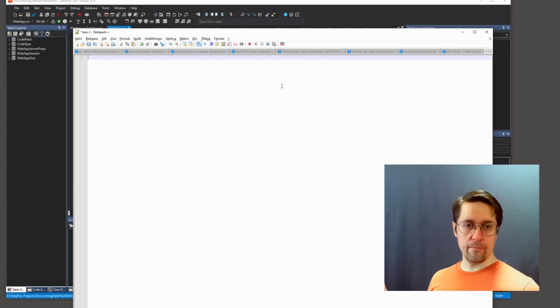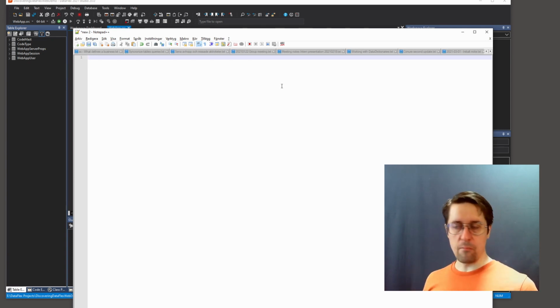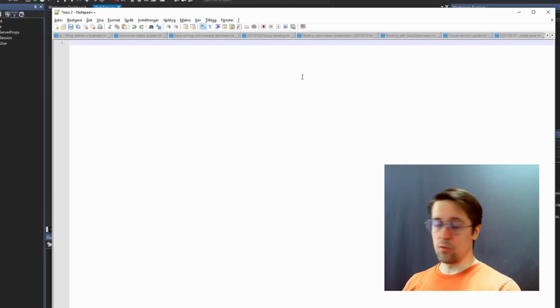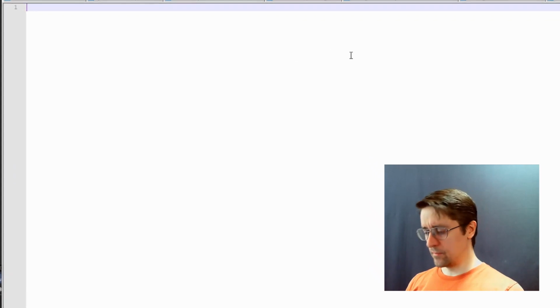Usually, when I make a table for a database or a database definition, I start out by drawing on paper, but I think we're going to run with Notepad for this experiment. And I do that as well from time to time. So let's run with that. I need a place where I can have my things. So